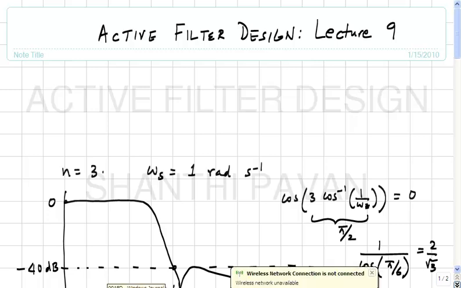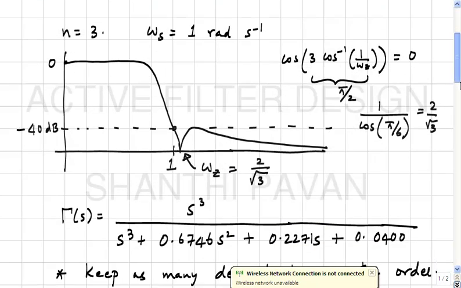Okay, this is active filter design lecture 9. In the last class, we were trying to synthesize the LC ladder network that resulted in an inverse Chebyshev magnitude response. As an illustration, we chose a third order inverse Chebyshev filter with a stop band frequency of 1 radian per second. The minimum of transmission occurs at